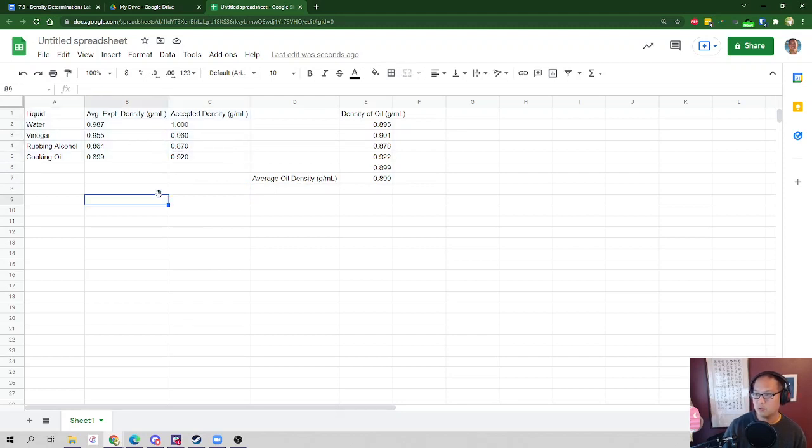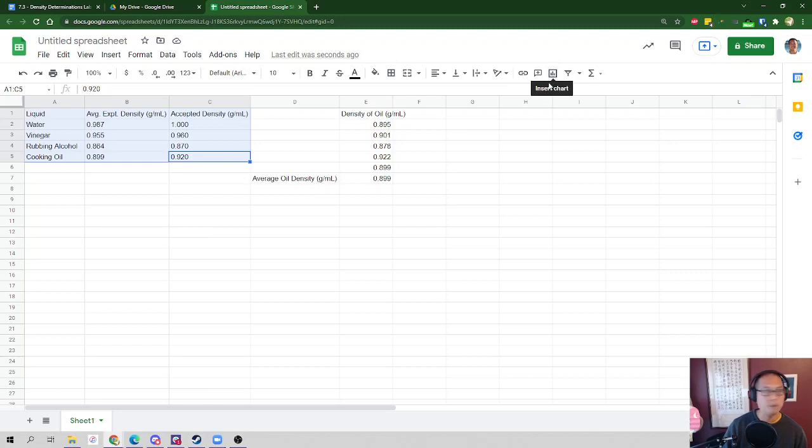Now, all I'm going to do is click on any part of here and drag so that I highlight everything. So this is a click, hold, and drag. You can do that with a mouse. If you have a mouse, you can do it with your trackpad, but click and drag. All right, and then once you click and drag, you're just going to hit